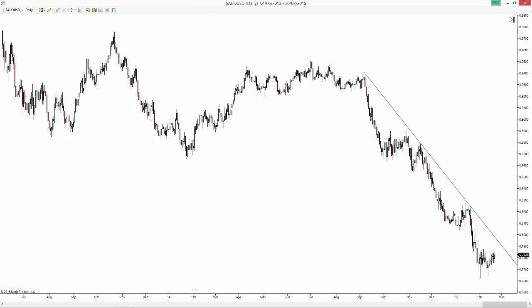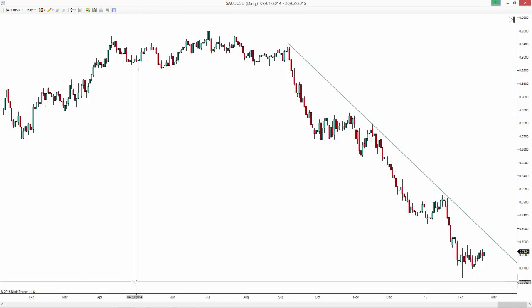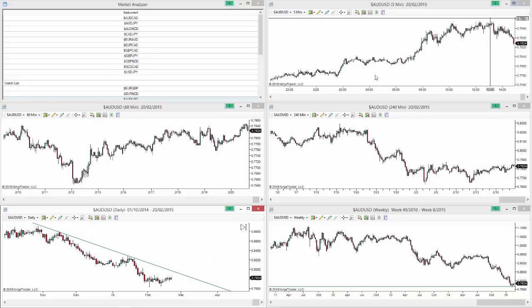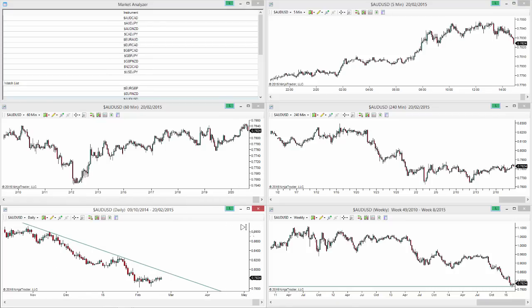We definitely want to be short the Aussie dollar. We believe the dollar strength is going to continue for the next year at the very least. And ultimately, this is one that we're looking to take short. At the moment, it isn't as great a setup as some of the other pairs I'm going to show you. So the only real entry that we have is either through the lows here, or, and what we would prefer, is to wait for the market to come back to this sort of level here, to come back to this